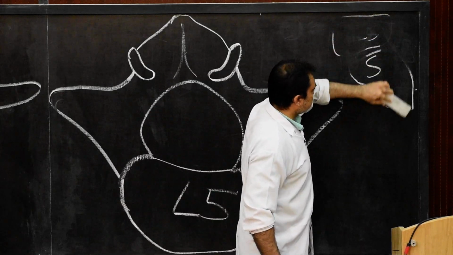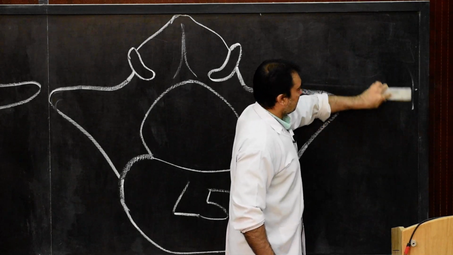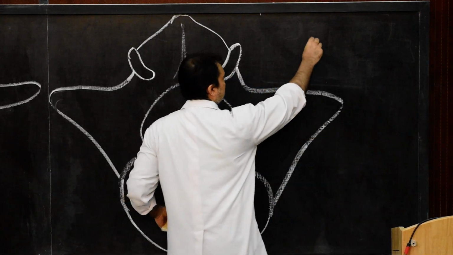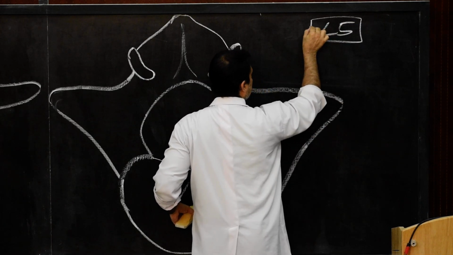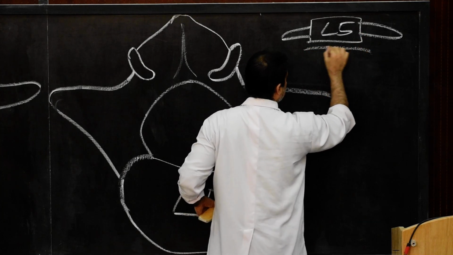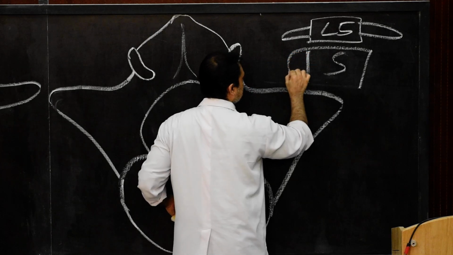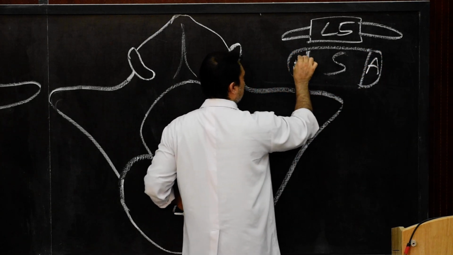Then we come to the transverse process of L5. Remember, we are discussing all the clinical aspects. In a short diagram, this is L5 and this is the transverse process of L5. Over here, this will be the sacrum. This is the ala of the sacrum, these are the alae of the sacrum over here.